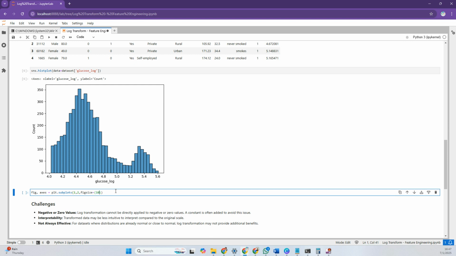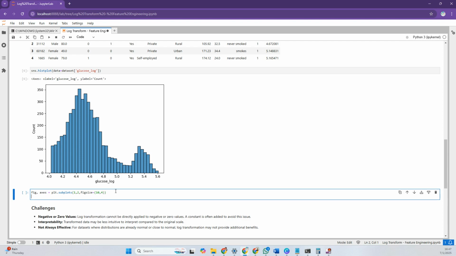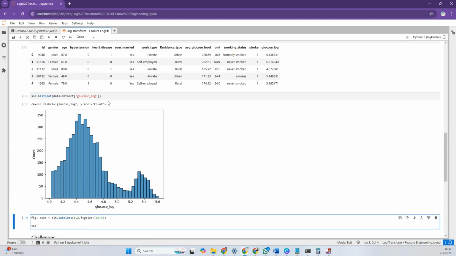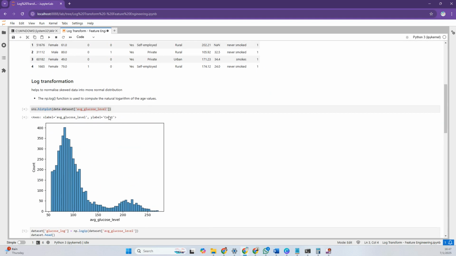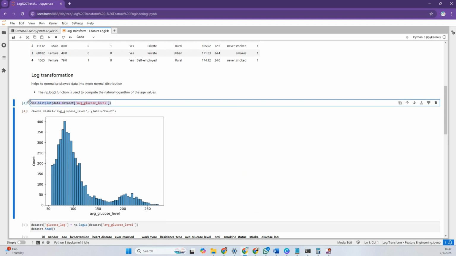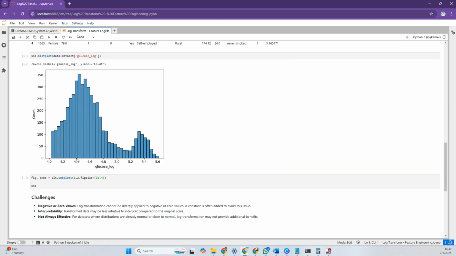Let's choose a 10 by 4, and let's make use of seaborn to plot. Rather, let's just go on top there and copy this plot,